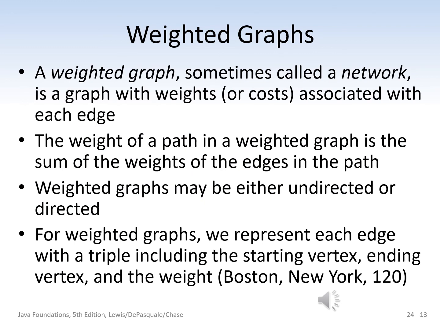Next, we take a look at a weighted graph, sometimes called a network. It's called a weighted graph because it has weights or costs or magnitude associated with each edge. The weight of a path in a weighted graph is the sum of the weights of the edges in the path. And weighted graphs come in either undirected or directed versions. So for a weighted graph, we represent the edges with a triple, including the starting vertex, the ending vertex, and